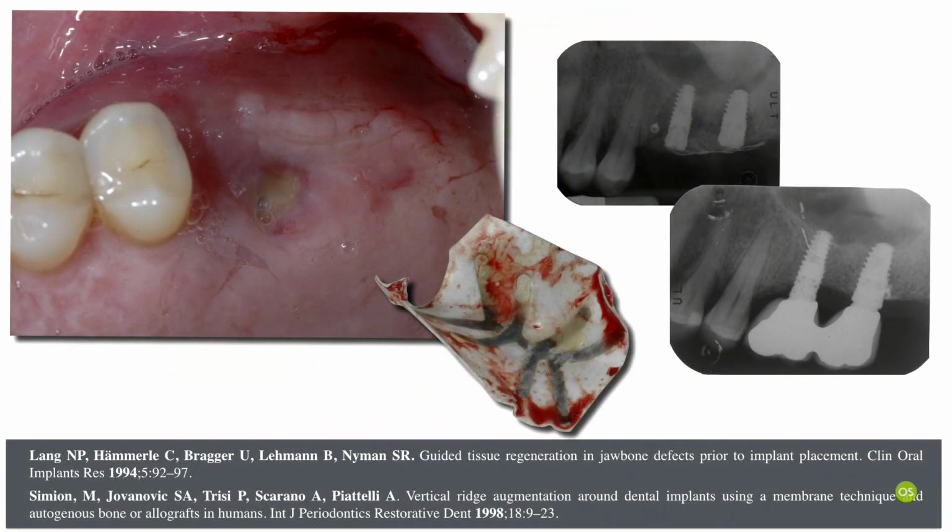Why? Because basically when we have a complication, we have a loss in bone volume, and this complication is basically independent of the technique we use, because we can have problems with a non-resorbable membrane, for example, like in this case where we have a partial loss of the graft, not everything, but anyway we start or finalize the case with an implant that is not in optimal condition from a bone point of view, so we could have problems during the follow-up of this implant due to the fact that we have a surface of the